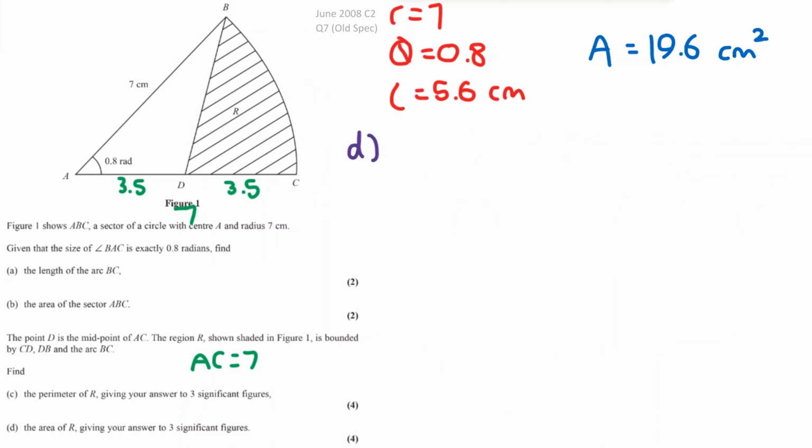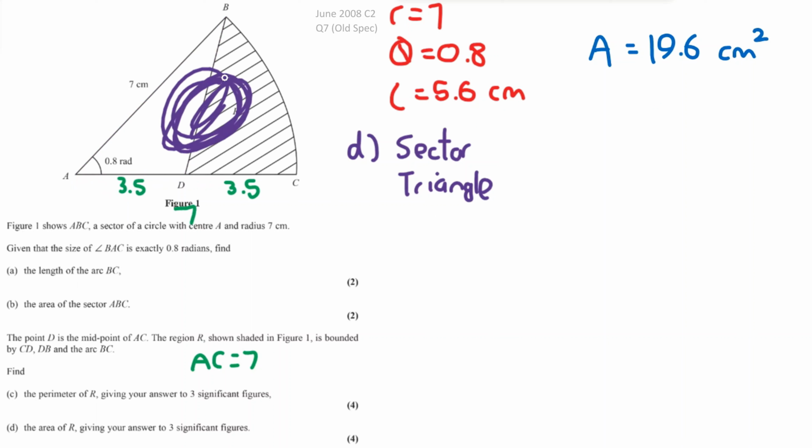centimeters. So for part D, we need to find the area of R, and R is a segment. Now remember, we talked about before how to find the area of a segment. We need to find the sector, and we need to find some sort of simple shape and then minus the areas from each other in some way, so we're just left with the area of the segment. So first of all, we need a sector, and we've already talked about what the sector is. The sector is the entire thing here with this curve here and these two radii, and we also need to find some sort of simple shape, and we've already discussed this triangle here like this,